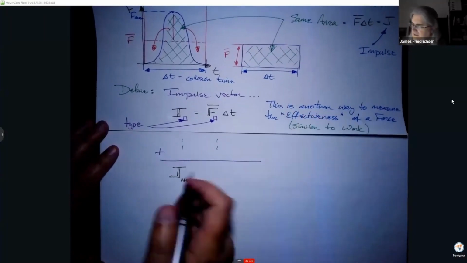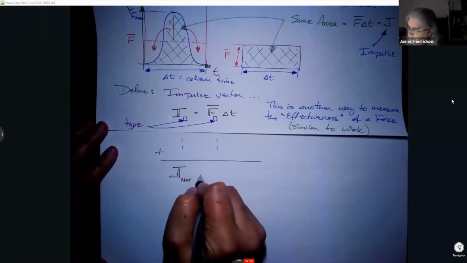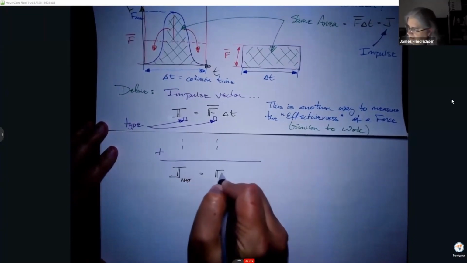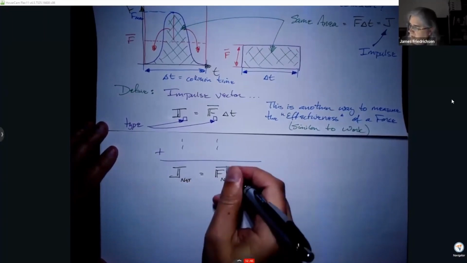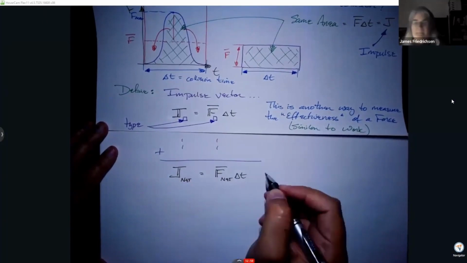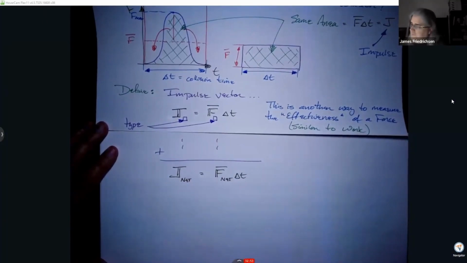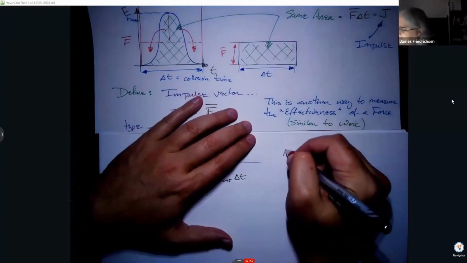Okay. And they could either do the sigma sign for the impulse or just write a net subscript. And so then this will be, just like we saw with the work, our average net force times our time, like so. And then if we go in and look at our Newton's second law,